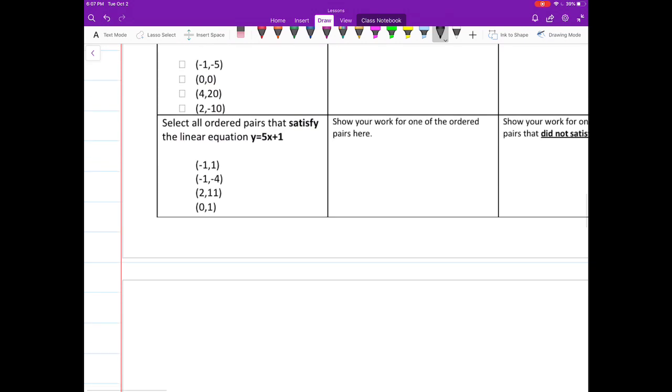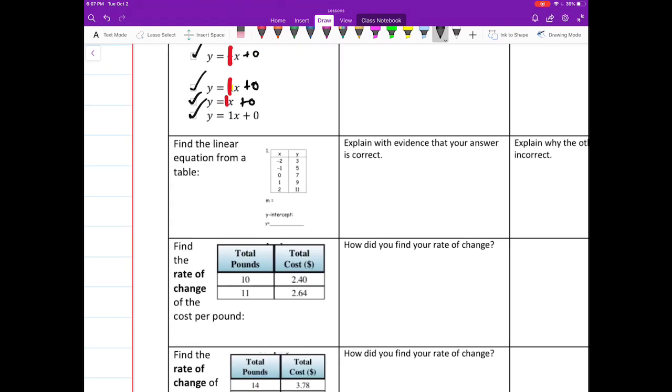Dang, I'm at 10 minutes. I guess I'm almost done. Find the linear equation from a table. So I need to find y equals mx plus b. I need to find the slope, okay, which is what? The change in y over the change in x. And then I got to find the